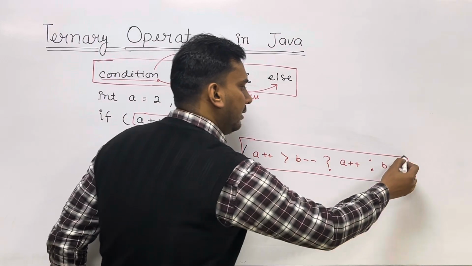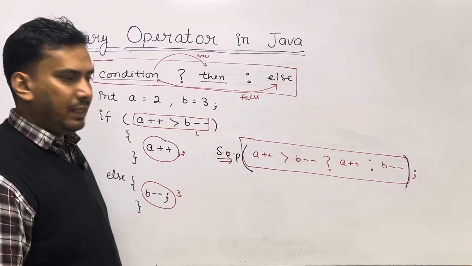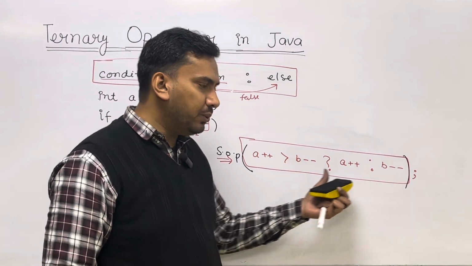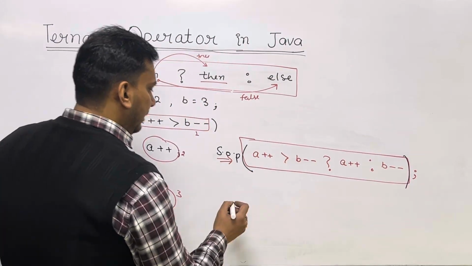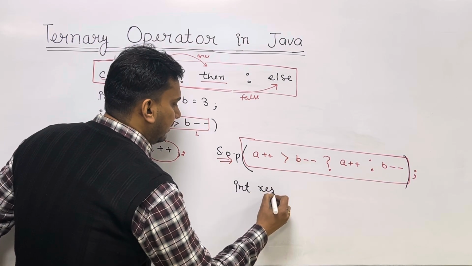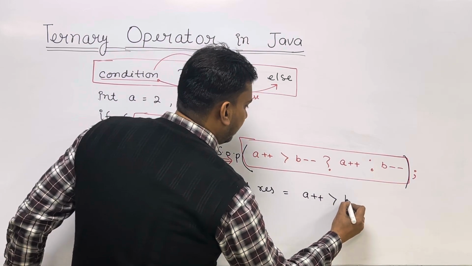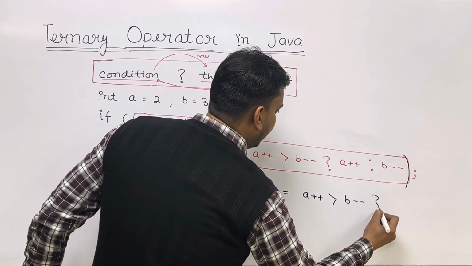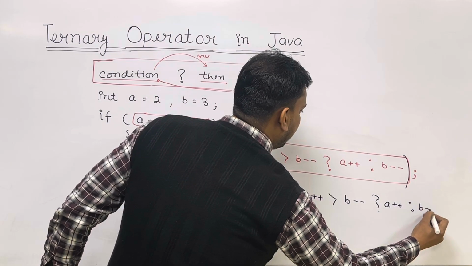Or if you want to store the result, you can store it the same way: int result = a++ > b-- ? a++ : b--;